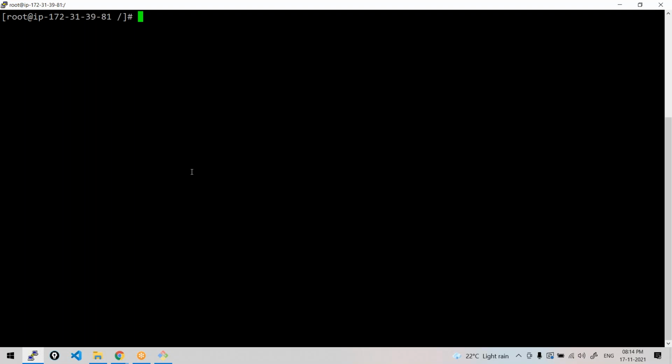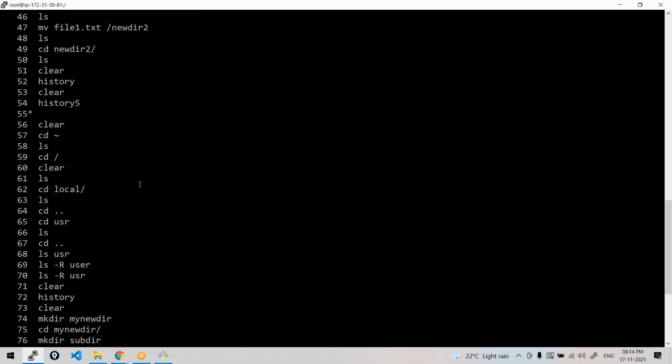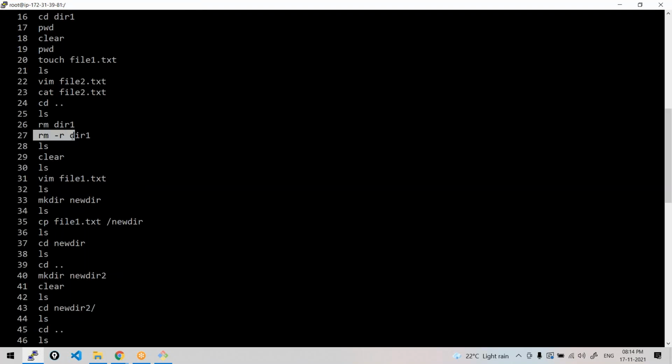Ma'am, can you please explain how to delete the directory? Means the folder. Delete the folder. This is the command: rm -r the directory name, or else you can also use rm -d the directory name.